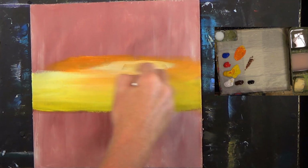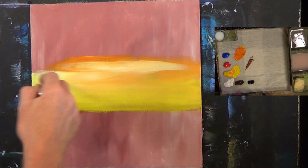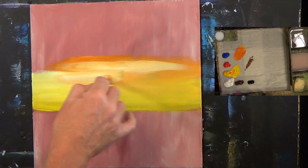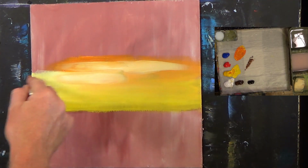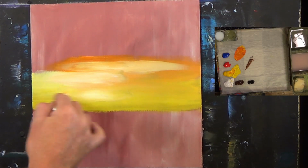Just blend it in very lightly, very lightly. You're hardly touching the surface of the painting with my brush. I'm just lifting the pressure off. If you press too hard like that, you'll get these little brush strokes. But if you just lift and just use the very tips of the brush, you'll find that the paint will